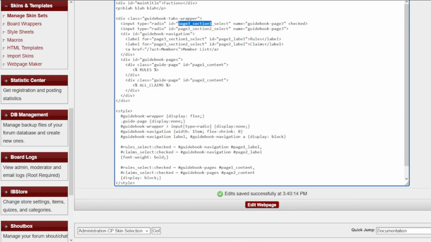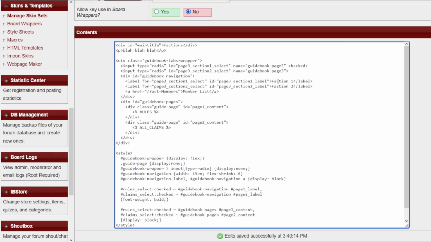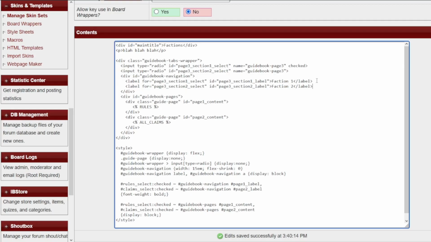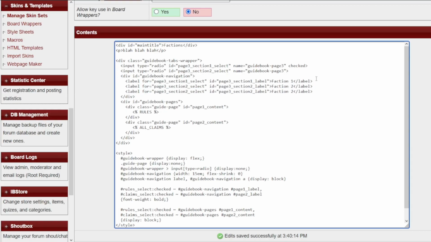And then we'll just make the prefix for our sections sort of the same. And then we'll have the name for each section, whatever you want your tab labels to be. Theoretically, you could put a link in here, but it stops making quite as much sense. So I'd say just straight up don't confuse your users,